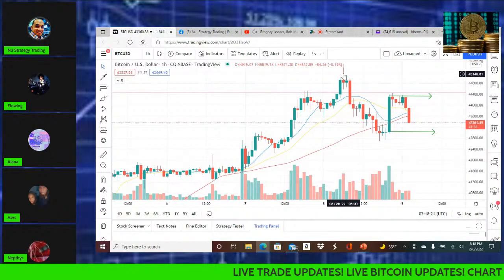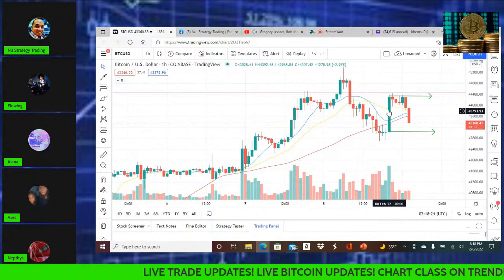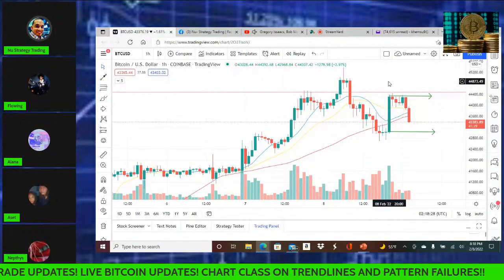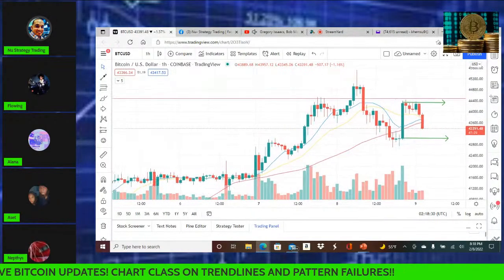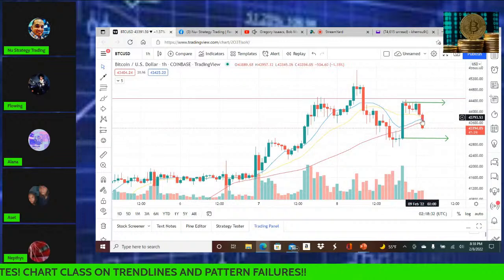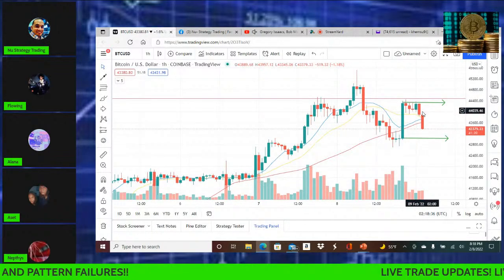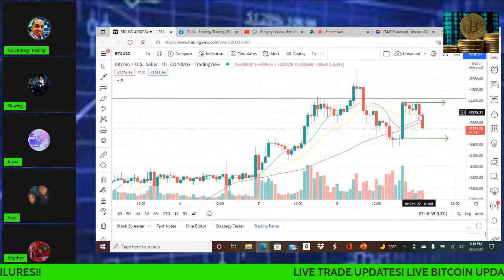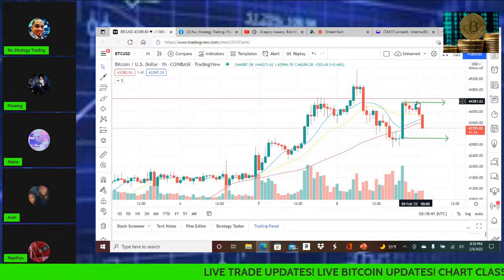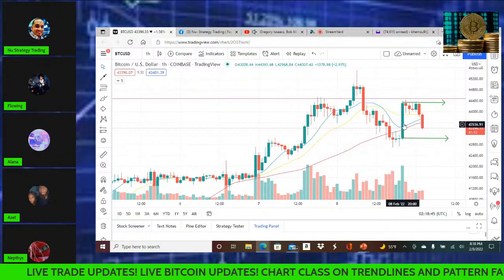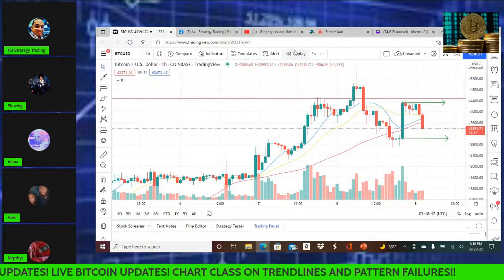So Bitcoin already came down, boom, popped up, gave you a big bullish bar. Now it's pulling back. So a person who doesn't know how to really read charts may see this and say, oh my God, this is an hourly chart. Like I say, this is a small chart. They may see this and say, oh my God, Bitcoin is dropping. But they don't recognize that it's dropping into power. And that's the same thing that's happening.